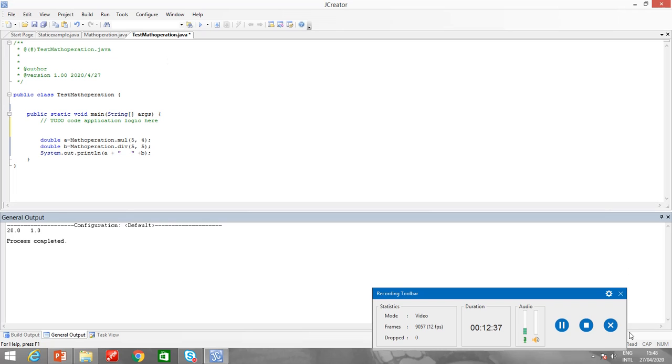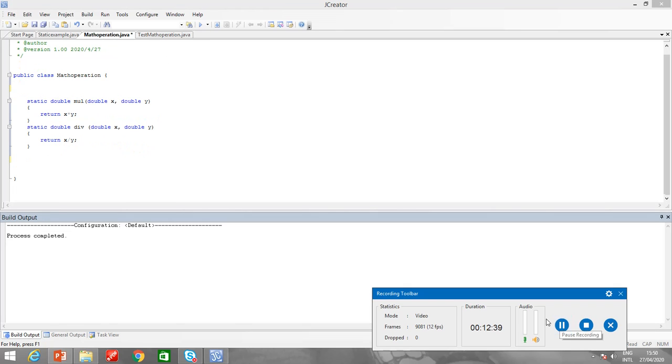Now coming to the static variables. Alright, so coming to the static variables now, how to declare the static variables. I can have public or private static variables. First of all, I will talk about public static variables.